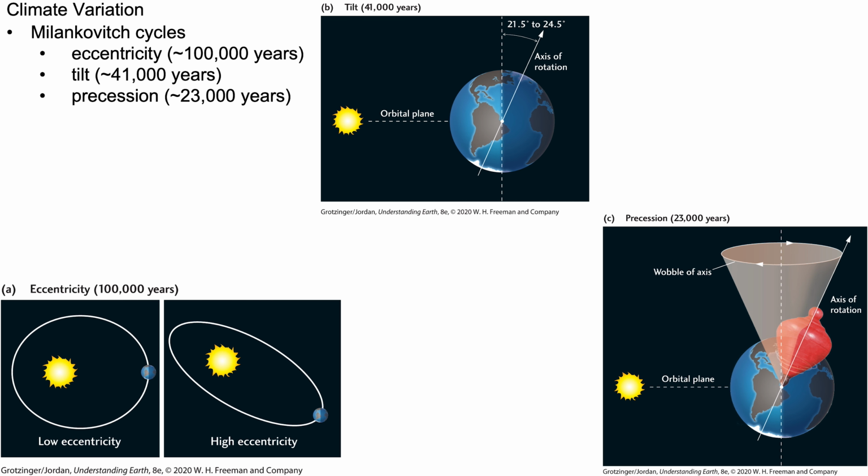Now, the interesting thing is the big change seems to happen about every 100,000 years, but the perturbation in insolation is minimal at 100,000 year periodicity. In other words, the other parameters, tilt and precession, are much stronger than the 100,000 year forcing. And this is what's known as the 100,000 year paradox. That means it doesn't quite work. We're not giving up, but it's looking shaky at times. They call that a paradox.